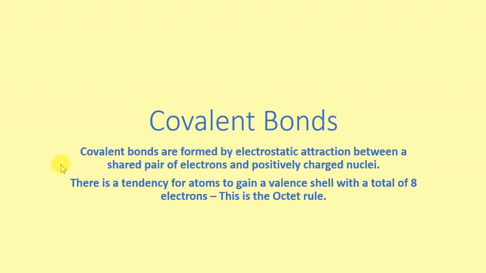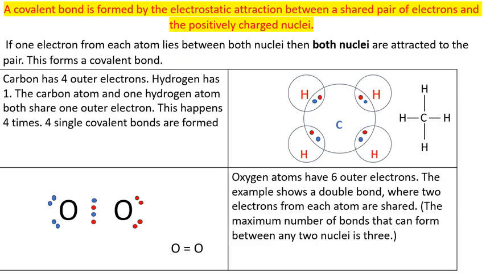Covalent bonds. Covalent bonds are formed by electrostatic attraction between a shared pair of electrons and positively charged nuclei. There is a tendency for atoms to gain a valence shell with a total of 8 electrons. That is the octet rule. Definition: again, a covalent bond is formed by the electrostatic attraction between a shared pair of electrons and the positively